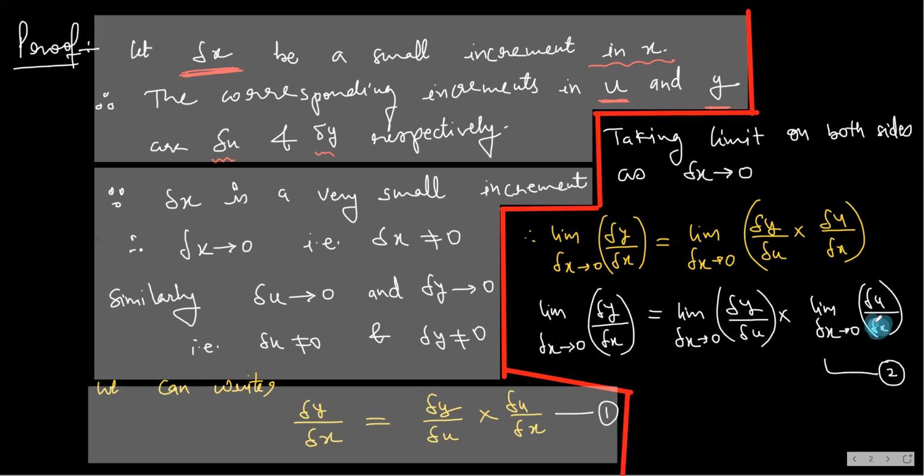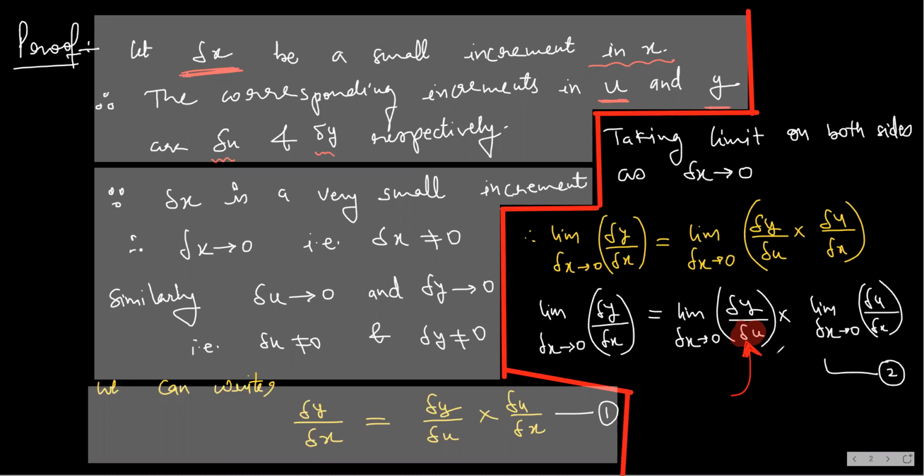Now see, where you have denominator as delta x, it is okay. But where you have denominator as delta u, it is not okay. You will have to bring delta x here. Why do I have to bring delta x here? Because by the definition of derivative,